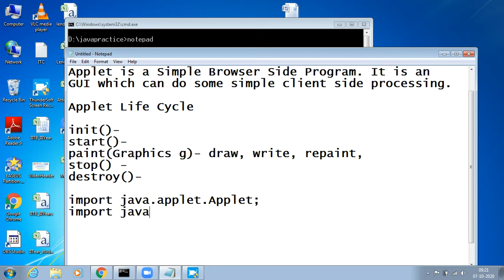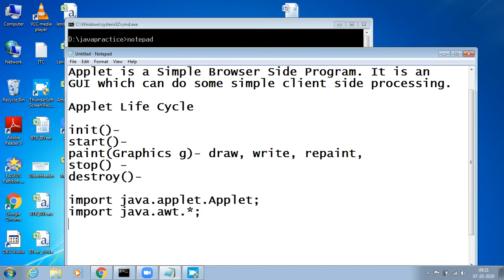And if you want to add some more properties to the applet, we need to go for another package called import java.awt.*. I think we already discussed in our regular Java classes. I am just making you revise and recollect them. So AWT is a package where we have different kinds of components like color, font, graphics. All these things we can see in the AWT package.